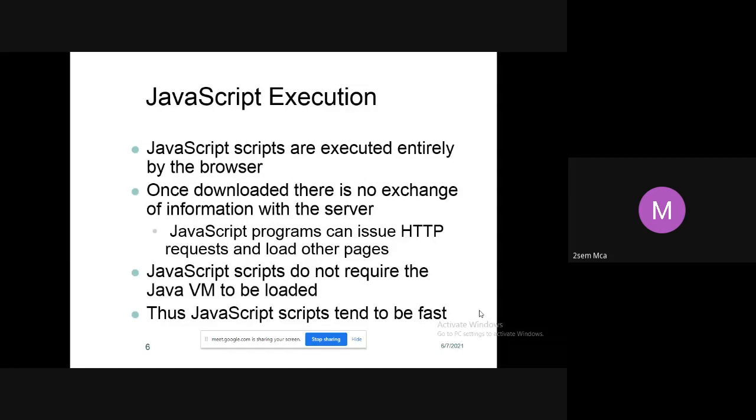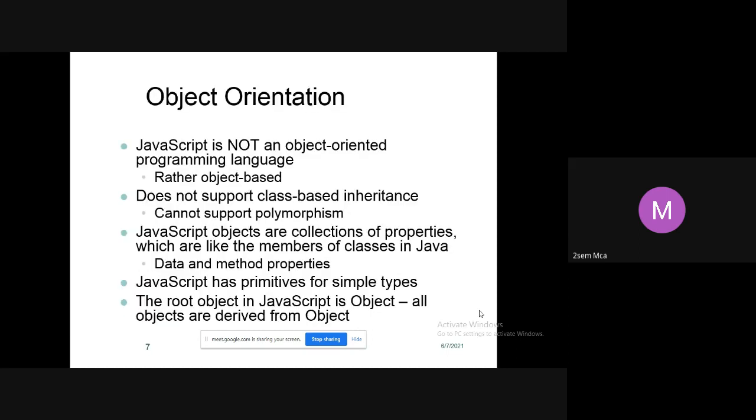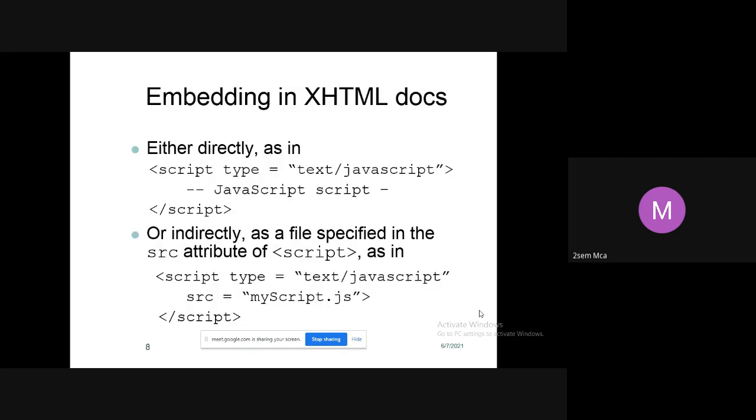the uses of JavaScript, and how to execute it, where you can see the output on the browser, and object orientation. We have also seen how we embed a JavaScript program in an XHTML document.